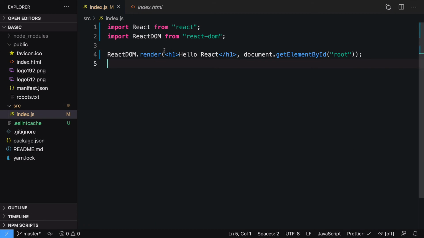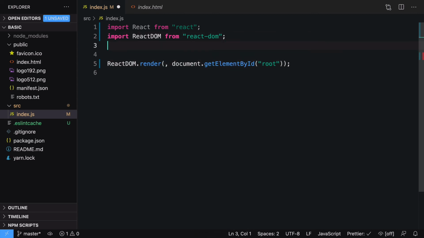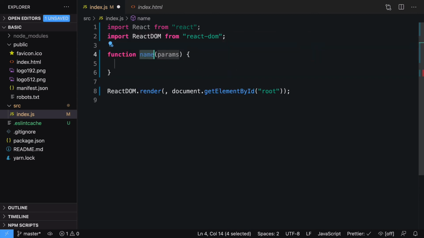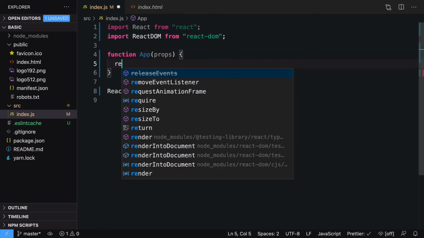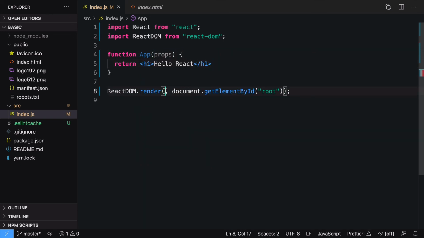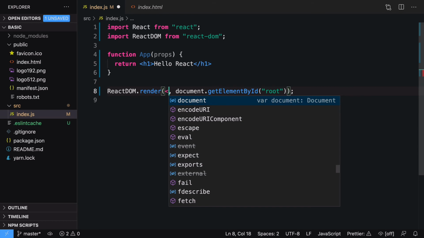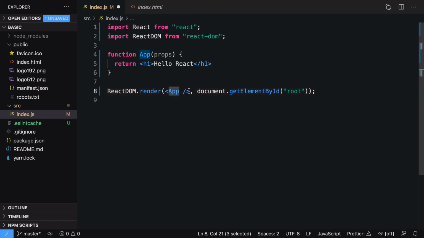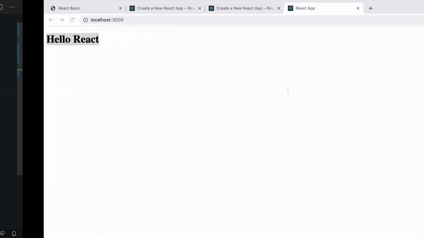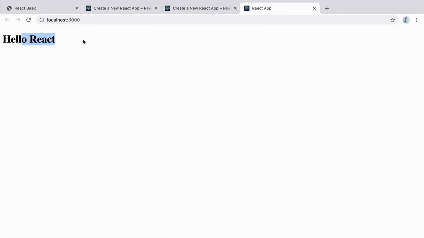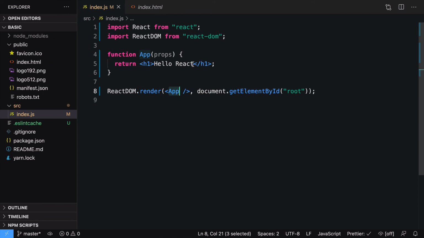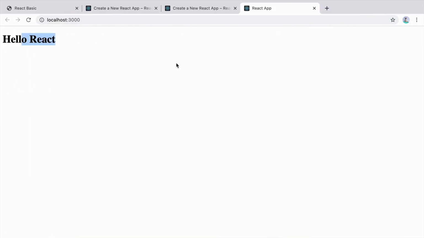Now what we need to do is, rather than adding the component like this, why not create a component right here? We have also talked about a component being a function starting with a capital case that accepts some props and based on that returns some JSX. And here when we want to render that component App, we can just say App component I want to render into the root element. Now you come back here, you'll see that everything is the same. So what if you change hello React to hello world? You come back here, refresh it, and you'll see hello world.